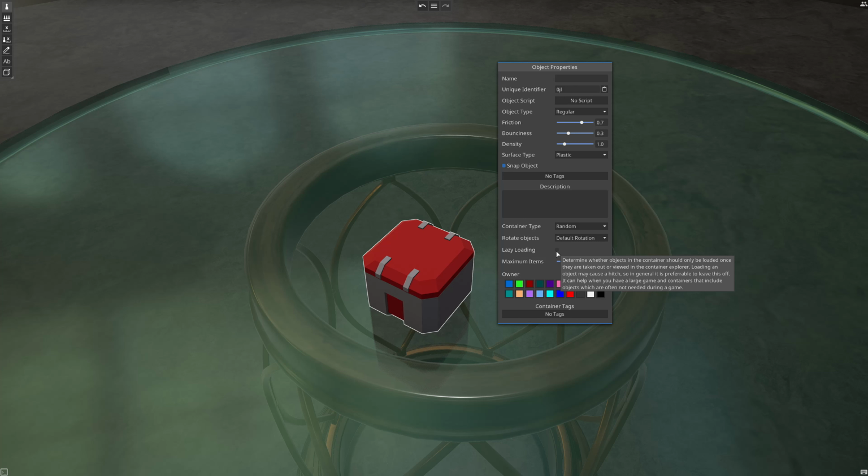And just as the tooltip here says, which I'm basically re-explaining poorly, it can cause a little bit of a hiccup in frame rate or loading times or network speed while it loads the contents. So you might as well just load them up front and be done with it. It's up to you. And then you have, is there a maximum number of items you can hold? Now, with owner,